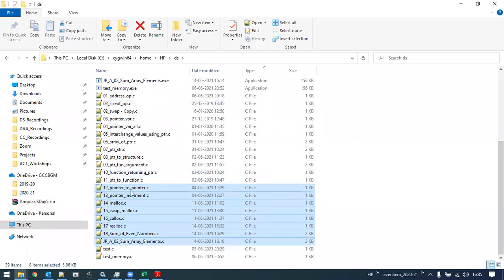Let me share all this code. I will share this code directly with the CR and LR of this class. Then they will circulate this code on WhatsApp. Instead of my sharing it every time, I will zip all these C programs together and send it to a CR or LR. Then they will send it back to you.